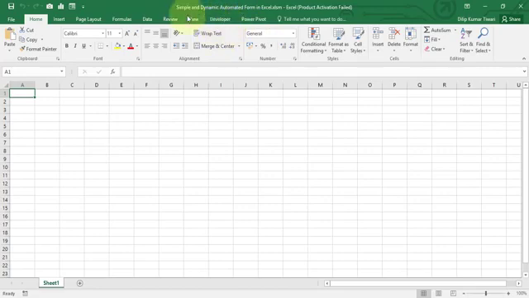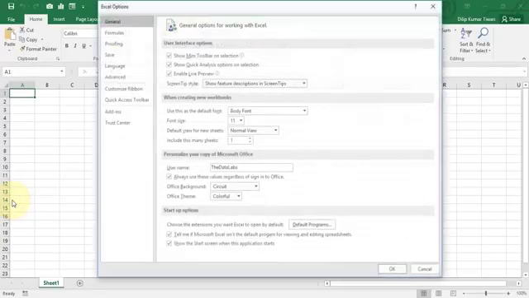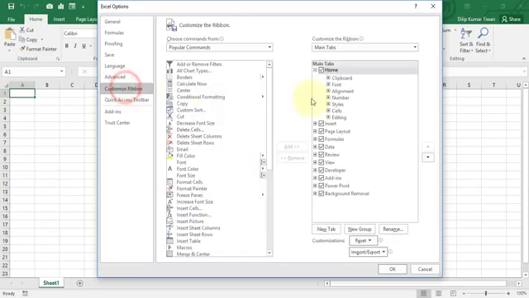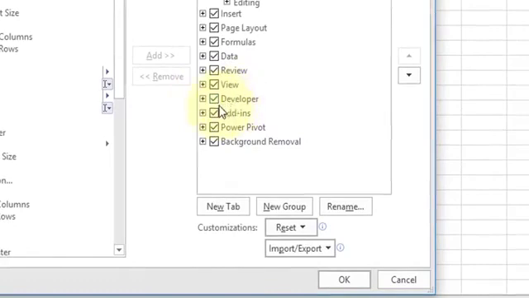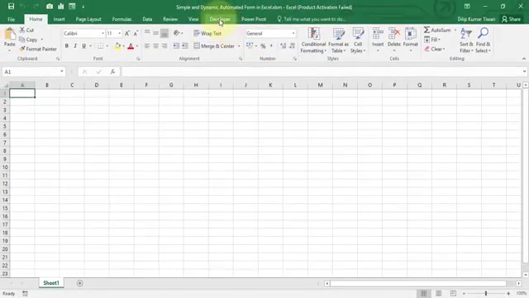If Excel has no developer tab, then you can go to file and click on options, and in Excel options select customize ribbon, and in the next group, just tick the developer tab, and once you check this, click on OK, and after that you can see the developer tab is visible over here, right?